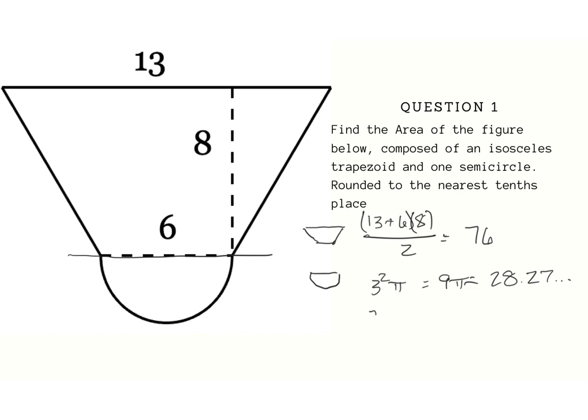We're going to divide that by 2, which gives us 14.137. We are going to add that to our 76, so 76 plus 14.137 gives me a total of